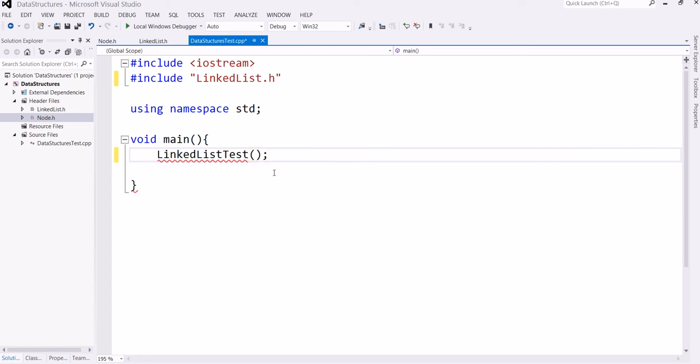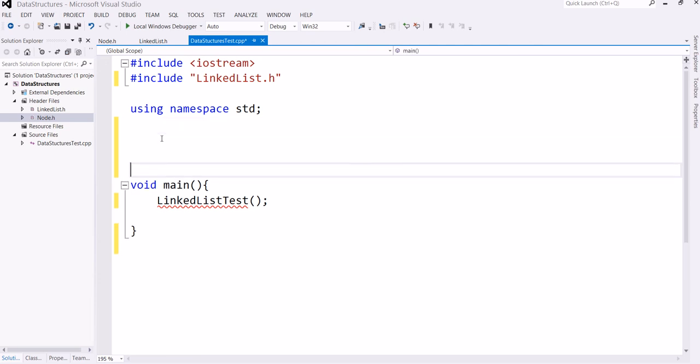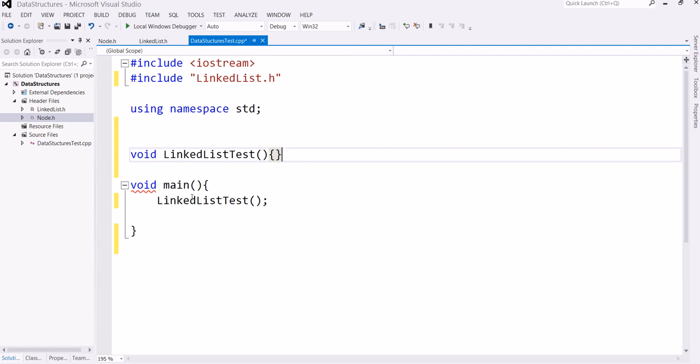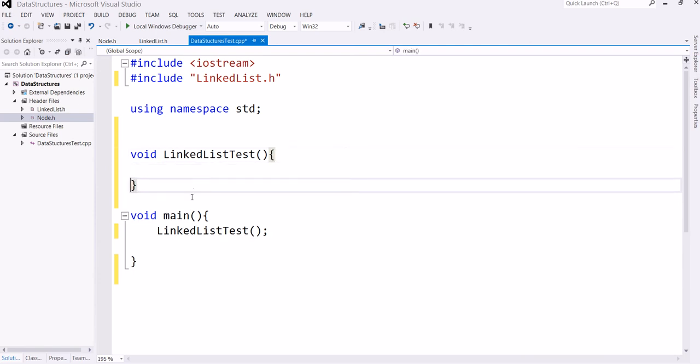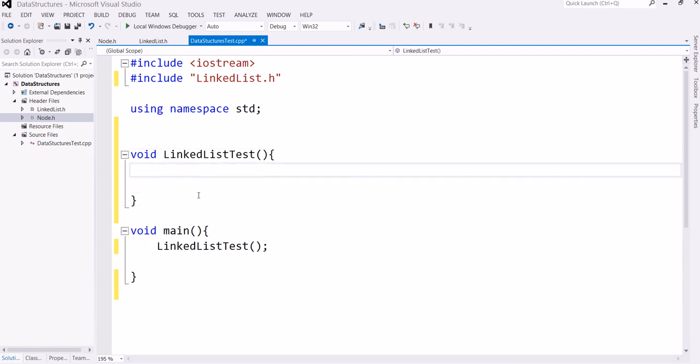We can call this function. So void linked list, this is the function name, and we may have here linked list